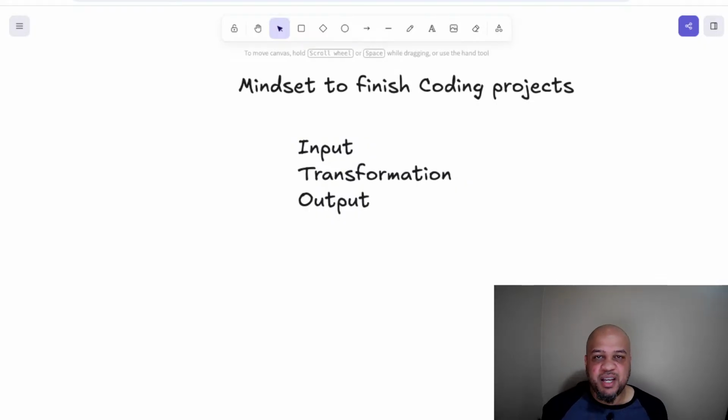All right, so when I say input, what exactly am I talking about? So the input of the project is basically we're going to answer three questions. Number one,